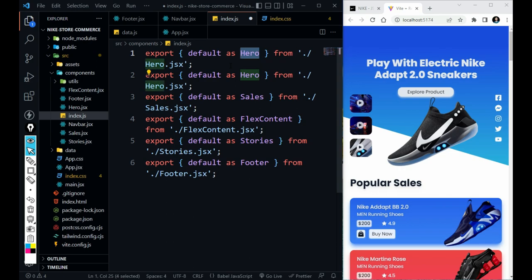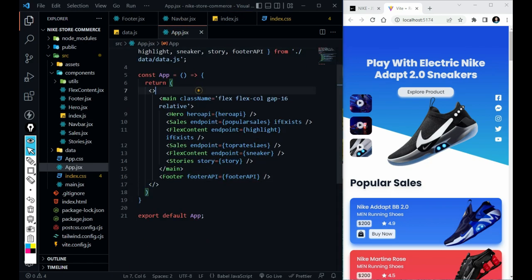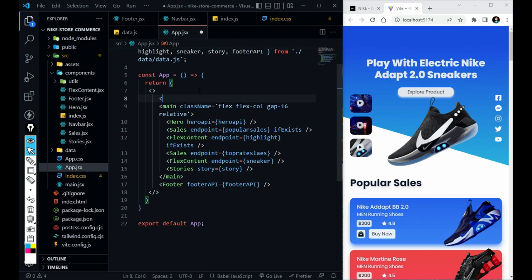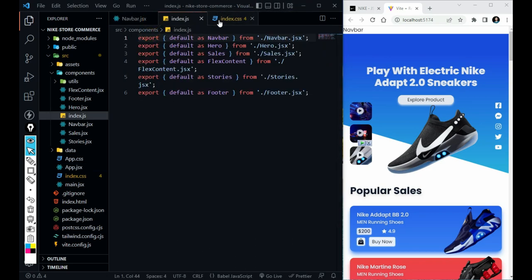Export default as Navbar from ./Navbar.jsx. If I go to app.jsx, just add Navbar on top of main. Hit save, and on the top left I can see the navbar. Okay, close all those files which we don't need and just open